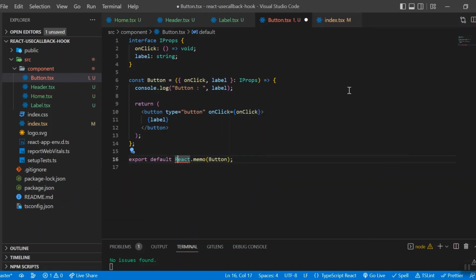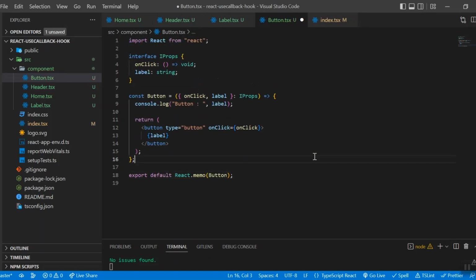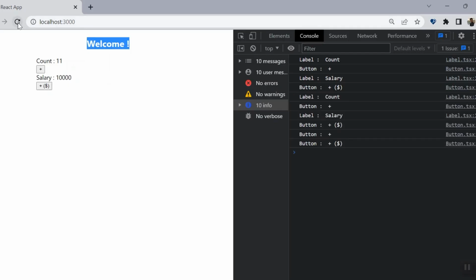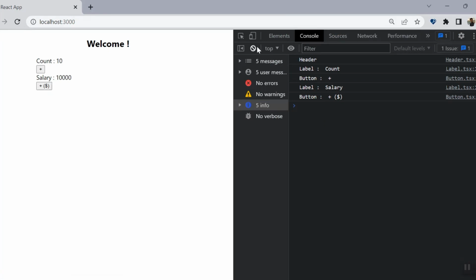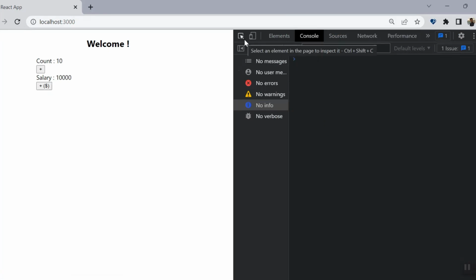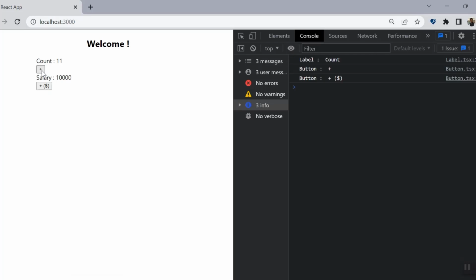I need to import React, so I am pressing Control dot to import React. Fine. Let's check it now. What's happened? I am reloading it and clearing the initial console log. Let's click on this. Here you will observe that the label count is updated, and that is fine because we update the state for this label. That is also fine. And the plus button is also rendered,